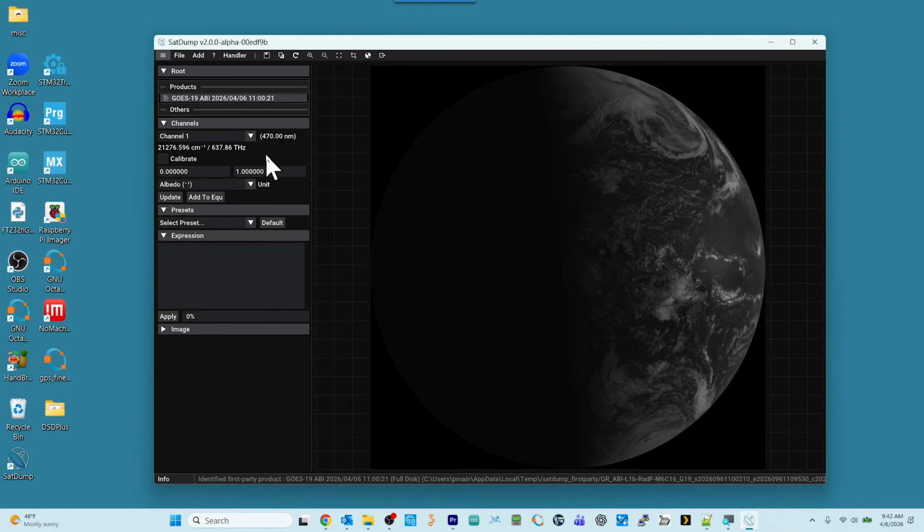And the big thing I want you to notice right away is we pointed out that the Advanced Baseline Imager has 16 different channels, and how about that? They're right there. The other thing I'd like to point out is we can go to presets, and the satellites,